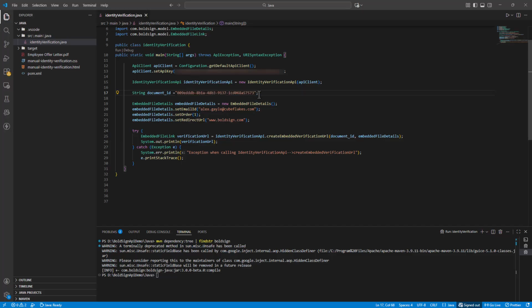To perform manual verification, I create an embedded file details object, which holds the signer's identity information. I include the signer's email ID to ensure the verification is linked to the correct recipient. You can also specify the signer order to target a specific signer, for example, signer order 1 for the first signer in the workflow. Optionally, you can set a redirect URL where the sender will be redirected after completing the